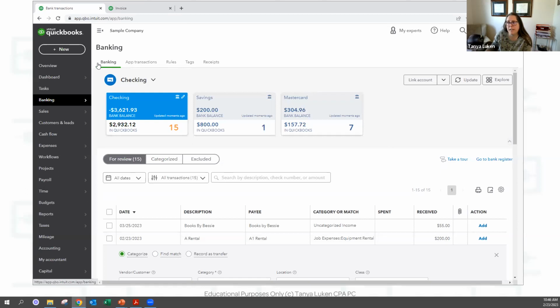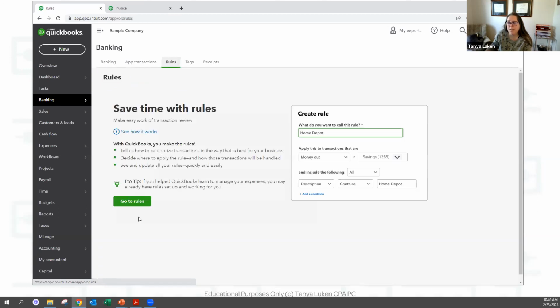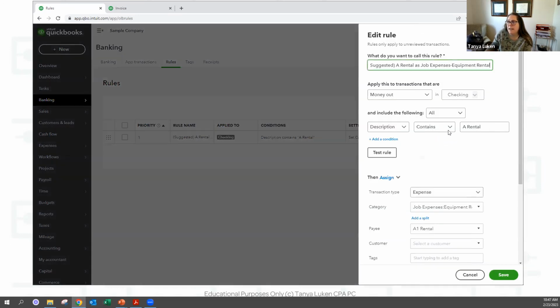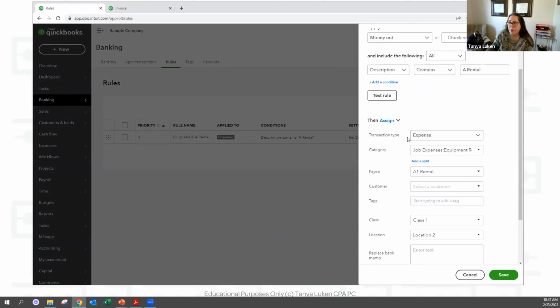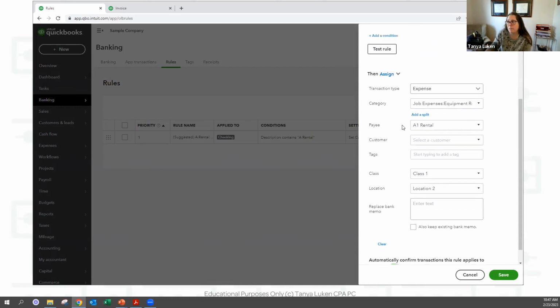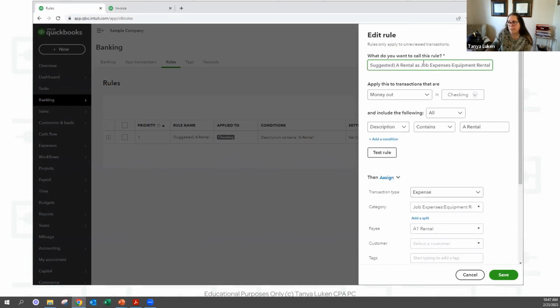So the rule we just created is up here now. Do you see where it says rules? If I go to rules, we're going to see the A1 right here. And it's going to tell me that it was a suggested rule. So I'm going to edit this. This little slider, you can get to this slider in multiple ways. So when it popped up that little window, there was a link or a button at the bottom that said edit. I could have clicked on that and it would have brought me here. But let's talk about what's here.